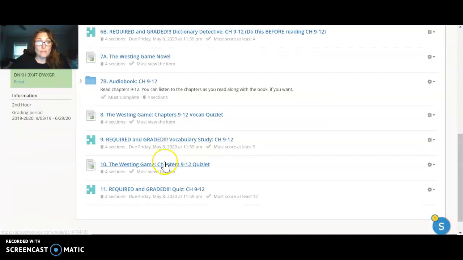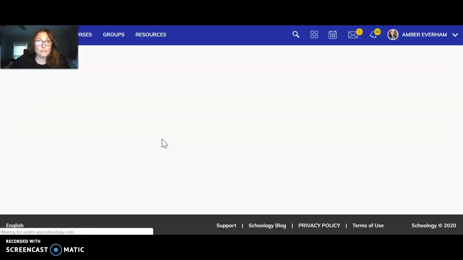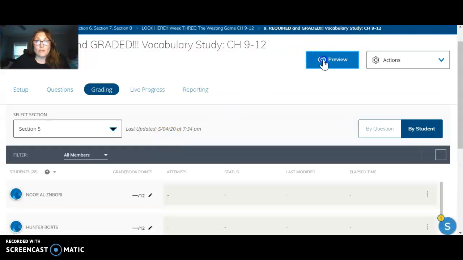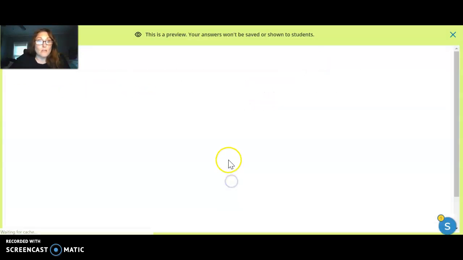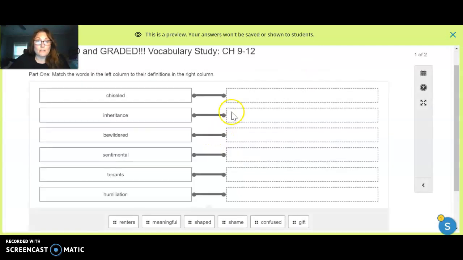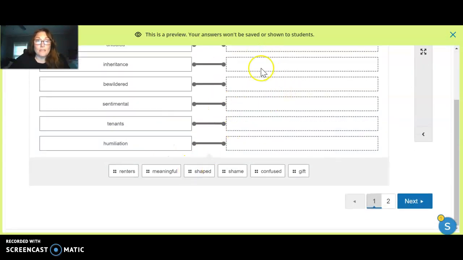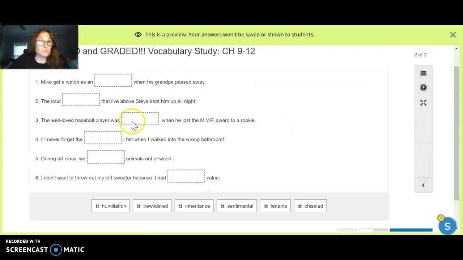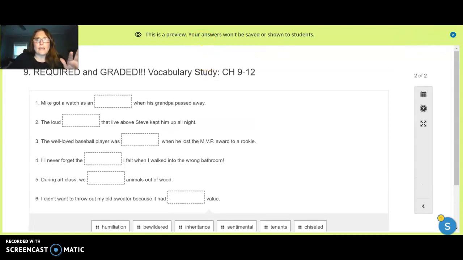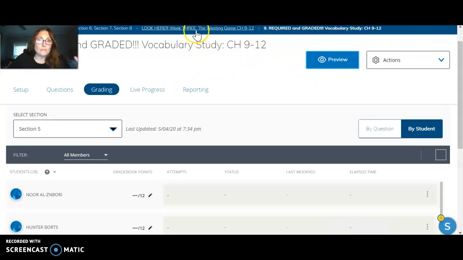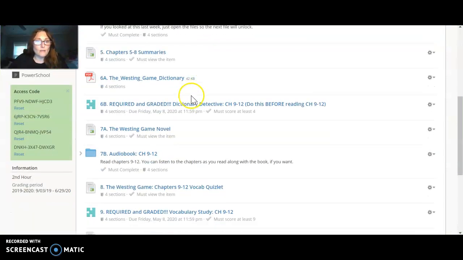Then you have your vocabulary study, which is right here. And this is every single week also. Now, the way that it will work is you just drag and drop them. Each section is worth 6 points. This is worth 6 points, and this is worth 6 points. Now, if you get one wrong, it will tell you you have 0 for that. I will go into the grade book and I will make changes in it. So if I see you only earned 6 out of 12, I'll know that that's not right. And I will go in and read it and see where you were and make changes. All right, next thing